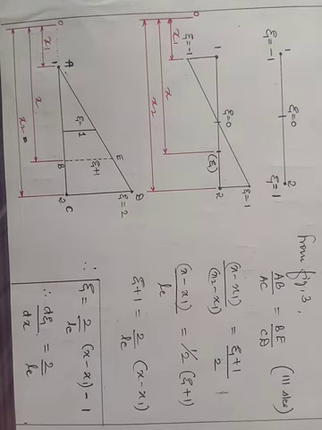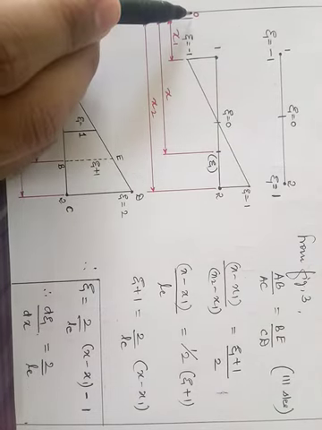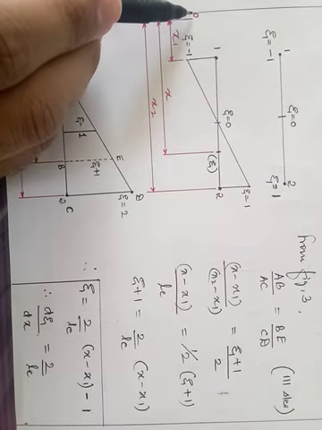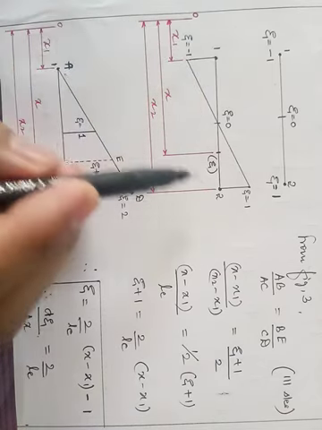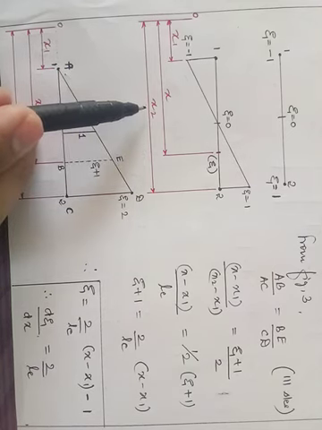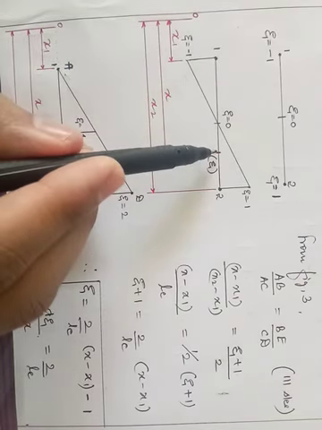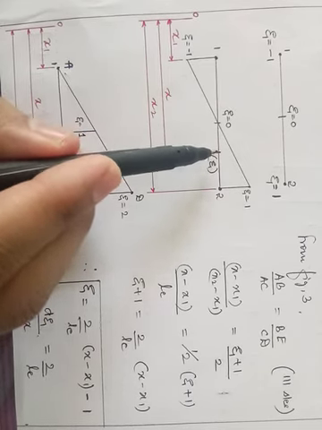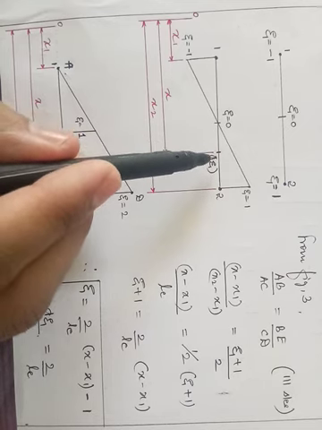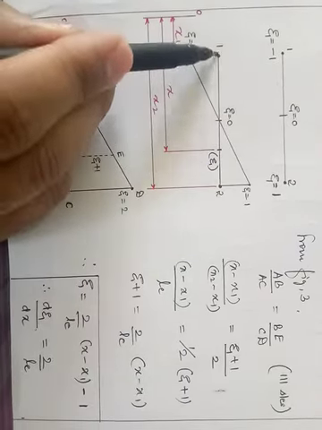Now since till now I have been using zeta, which is a natural coordinate system, now I will be introducing the Cartesian coordinate system, which is x, right? xy. Now I will take this as origin. From this origin, node number 1 is at a distance of x1, node number 2 is at a distance of x2, and I have considered some arbitrary point as zeta. Okay, it is a general point which I have considered. I am calling it an arbitrary point because it can be anywhere in between 1 and 2.